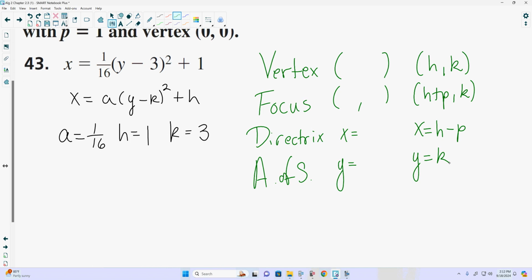Now again, like we've had up to this point, we can plug in our h and k values. Vertex is h comma k, 1 comma 3. Focus, the k value stays the same. Our axis of symmetry is y equals k. So really, we found everything but 2 spots. And to find those last 2 spots, we just need to find the value of